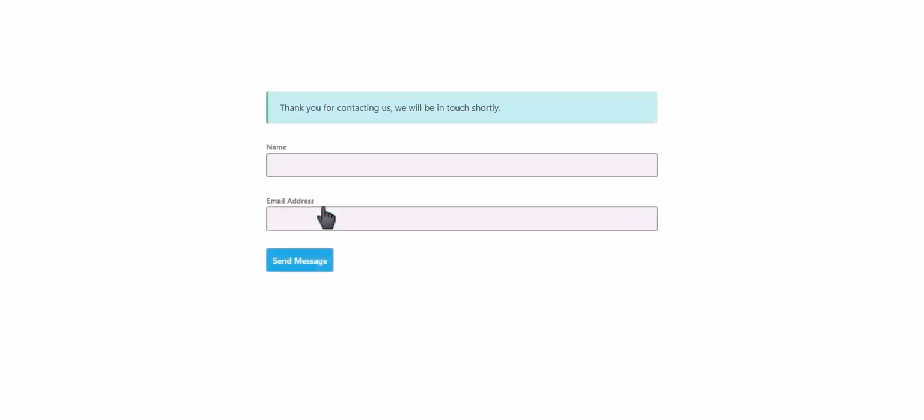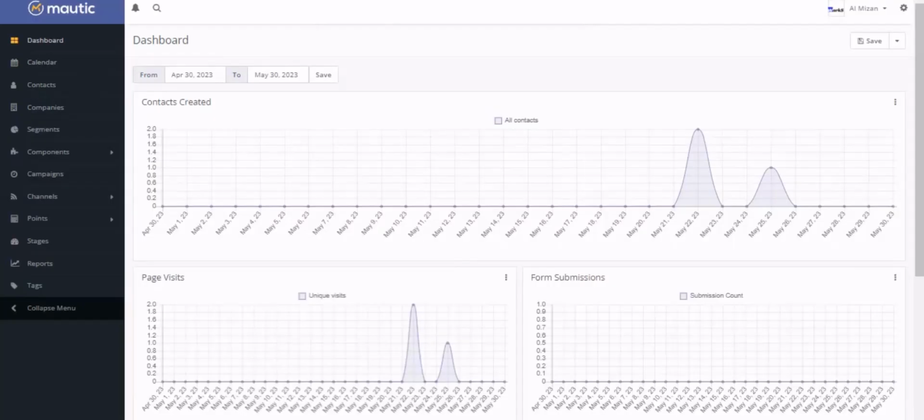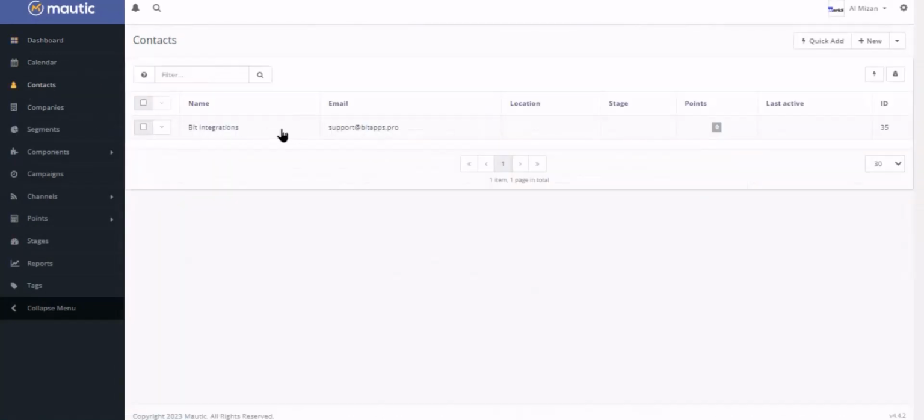Click on Send Message. Form submitted successfully. Now navigate Mautic page and click the contact. Here is the data that came into Mautic through the